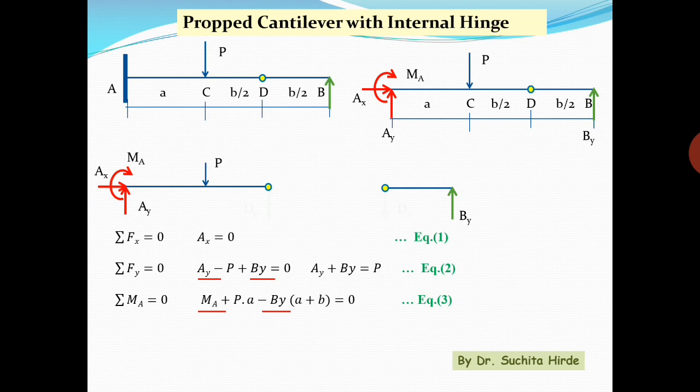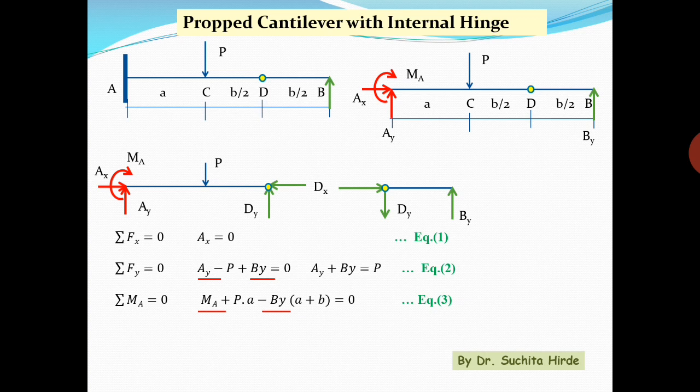So how will it be? There will be one vertical force Dy at point D and a horizontal force Dx. There will not be any movement in this case because of that hinge, otherwise there will be a movement. Now here we can consider the AD part separately and the DB part separately, and we can apply the equilibrium conditions.